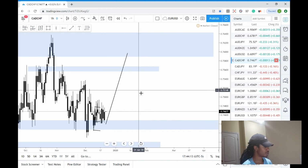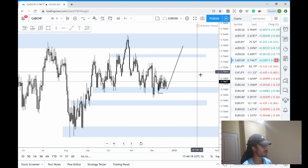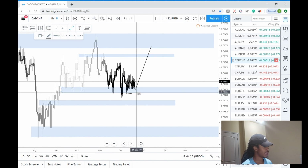So this one's pretty simple. We have no bearish market structure in. We're consolidating between these 2 points. So let's just wait for price to give us more indications. If price breaks below this support, then,